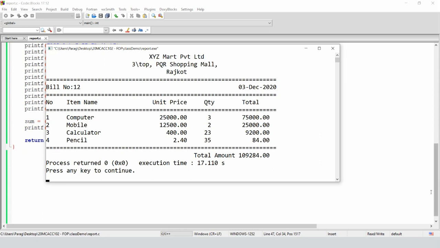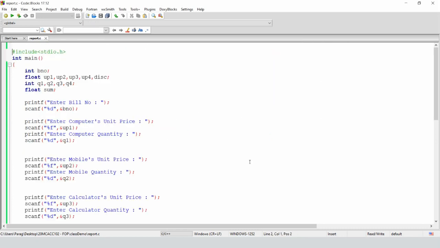See, right now you can even calculate everything, right? So the sum is also coming correctly, but I don't want to do only these things. I want to give the discount also. For example, you can even ask for a static discount. So if I want to give a static discount of 10%, then you can directly give the discount at the top. So I'm just mentioning here discount is equal to